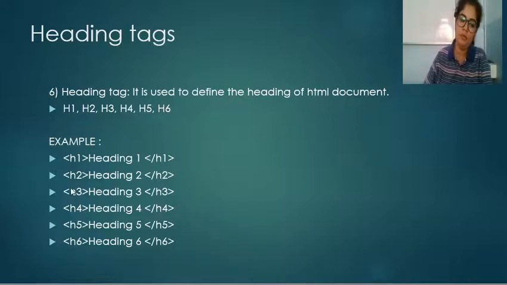And if you use H3, then H3 will have less size than H2, and so on. So H6 will have less size than H5. So if you want to create a heading with large size or main heading, you can use H1 tag, or you can use all these tags for subheadings. So these all are the heading tags.